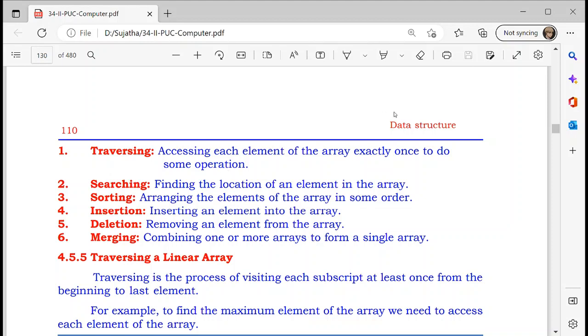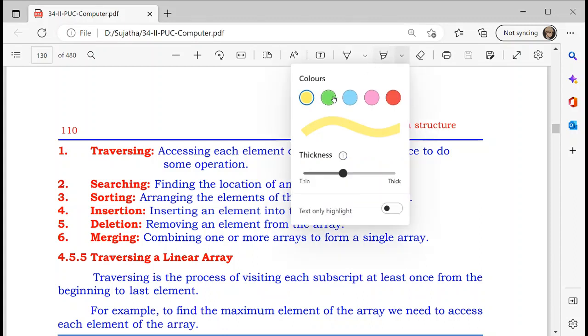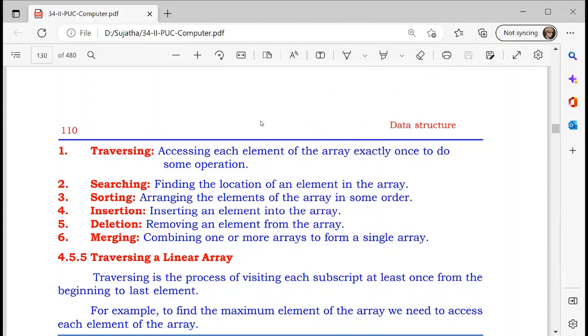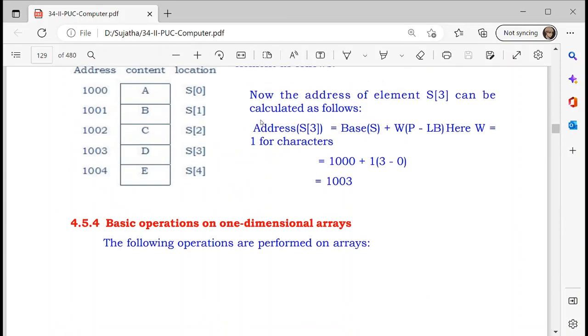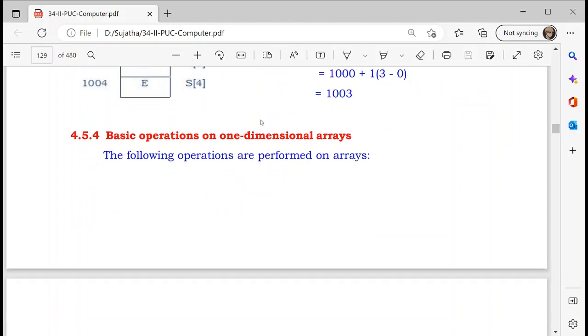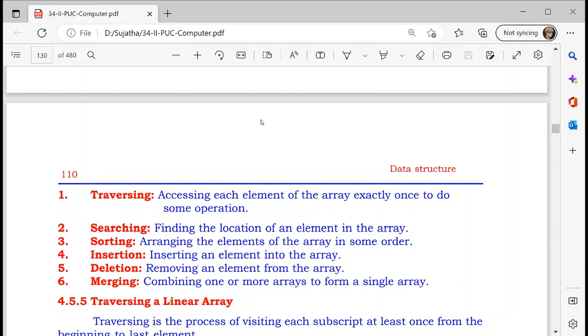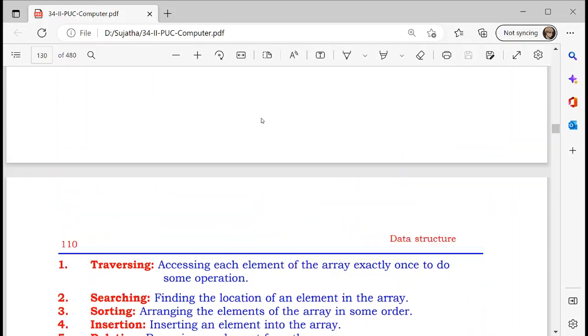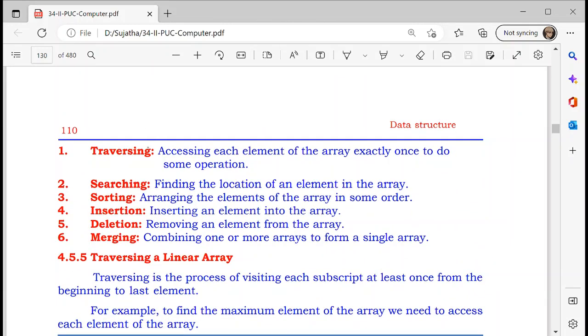Students, in our previous video, we were discussing the definition of data structures and different types of data structures, like primitive and non-primitive data structures. Under non-primitive data structures, we were discussing arrays and types of arrays, including one dimensional arrays. We saw how to represent arrays and the basic operations performed on a one dimensional array: traversing, searching,